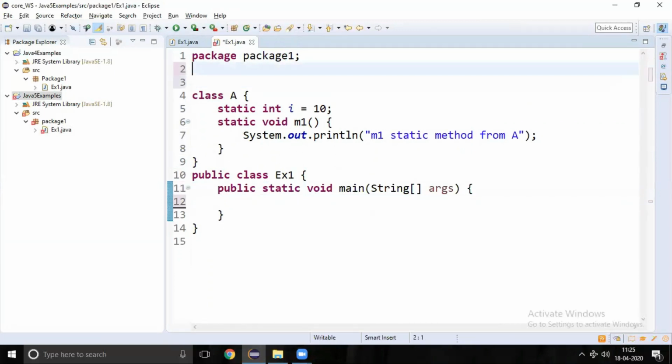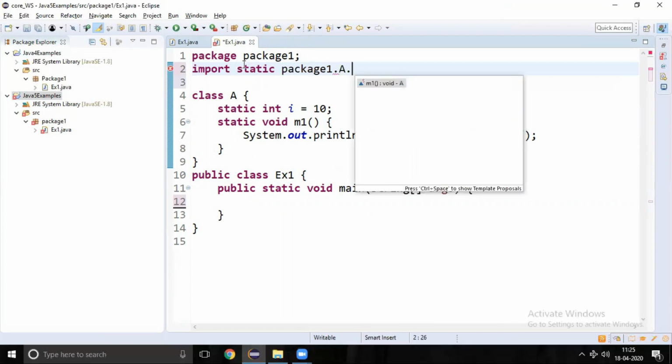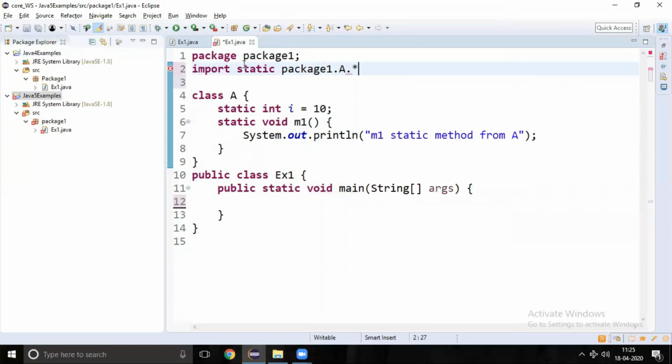Here you can provide import static package1.A. You can provide a specific method or variable, or if you want to access all, you can provide star.